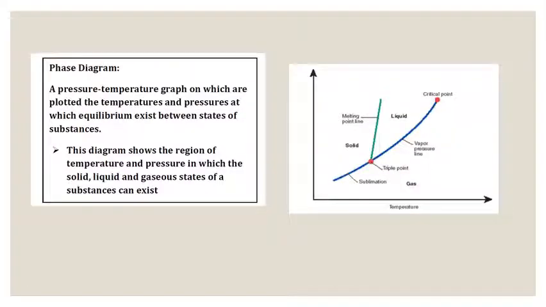Okay, so what is phase diagram? Phase diagram is a pressure temperature graph on which are plotted the temperature and pressure at which equilibrium exists between states of substances. So phase diagram adalah di mana kita plotted pressure over temperature graph, dan kita akan melihat tiga phase yang berlainan pada kita punya phase diagram, which is solid, liquid dan juga gas. So this diagram show the region of temperature and pressure in which the solid, liquid and gaseous state of a substances can exist. Okay, so daripada phase diagram kita akan tahu region mana solid, region mana liquid, region mana gas,